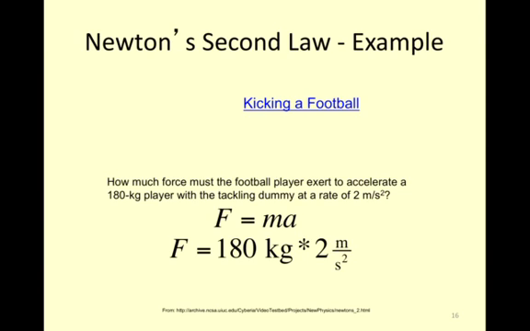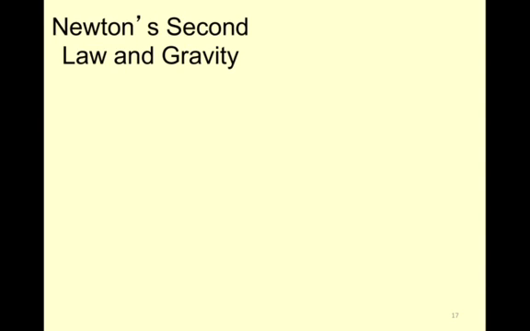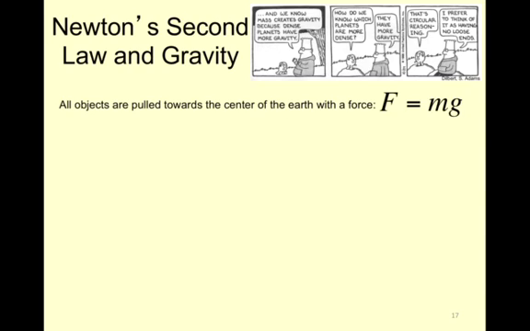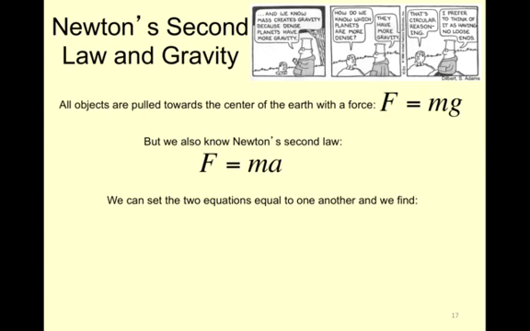Notice we're looking at the force that we have to apply to the tackling dummy. So the tackling dummy is 180 kilograms. Acceleration is 2 meters per second squared, 360 newtons. Okay? And then we look at the gravitational pull. All objects fall towards the center of the earth with a force, and that is equal to F equals mg, where g is equal to